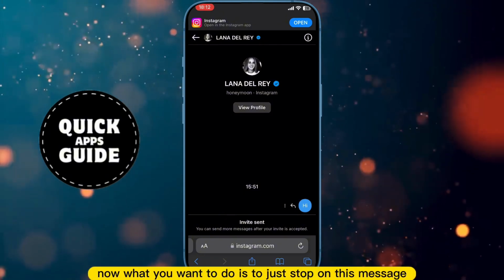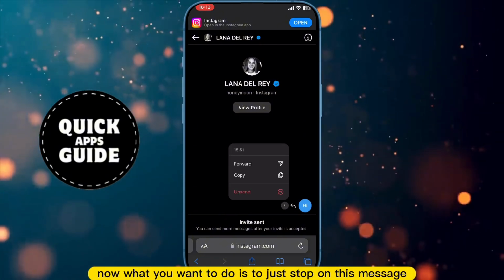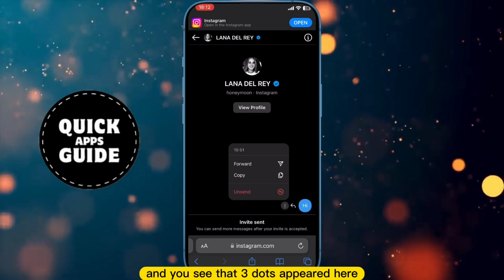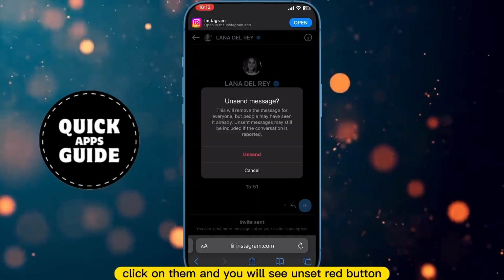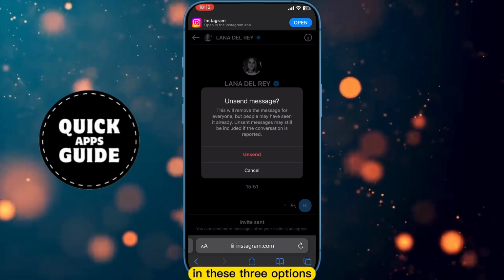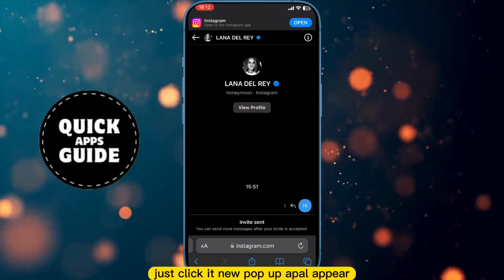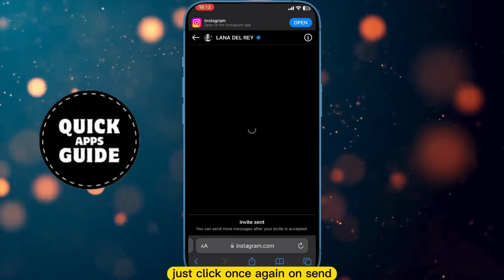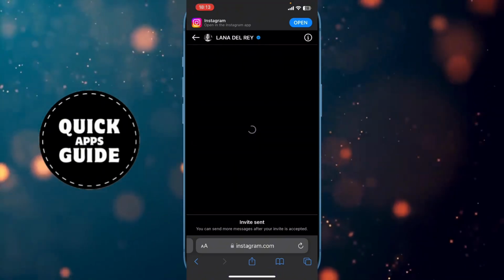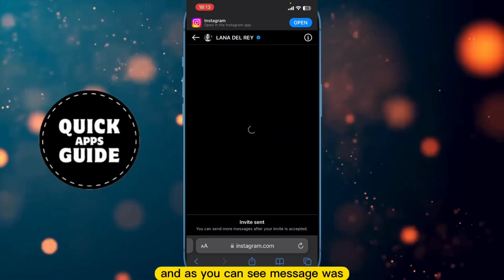Now what you want to do is just tap on this message, and you see that three dots appeared here. Click on them and you will see the red Unsend button among these three options. Just click it, and a new pop-up will appear. Click Unsend once again, and as you can see, the message was